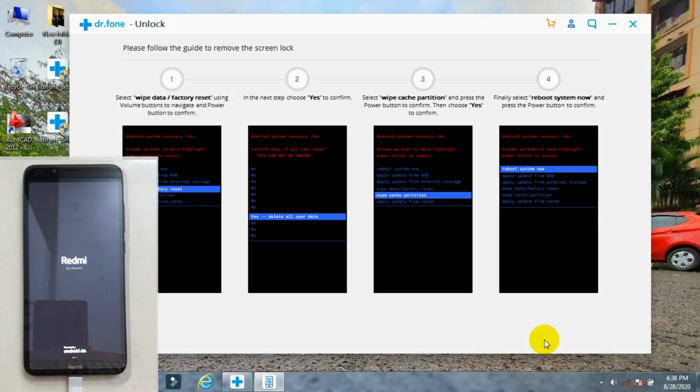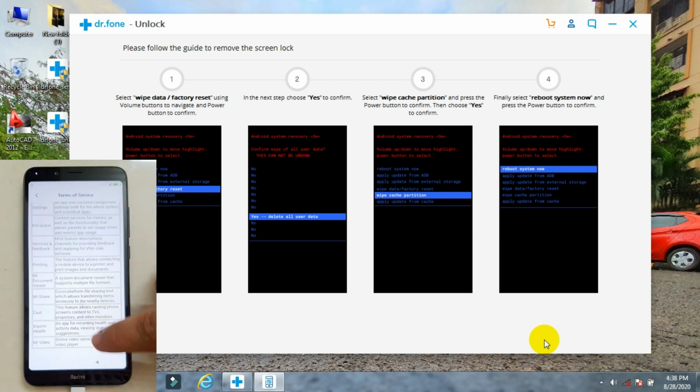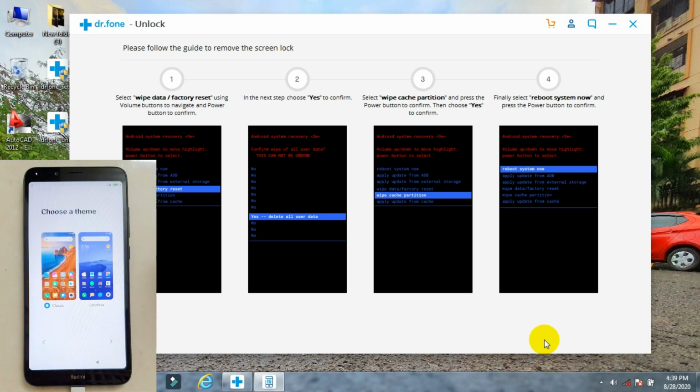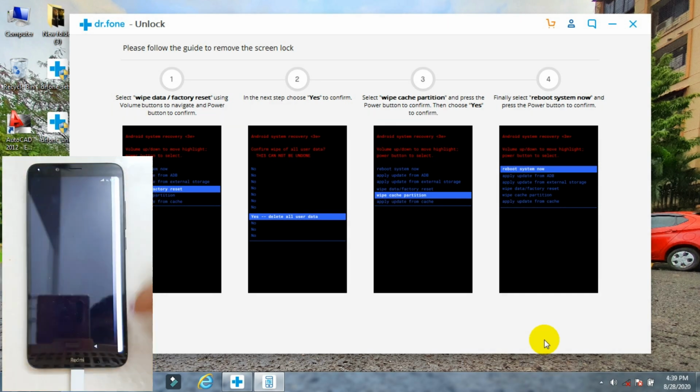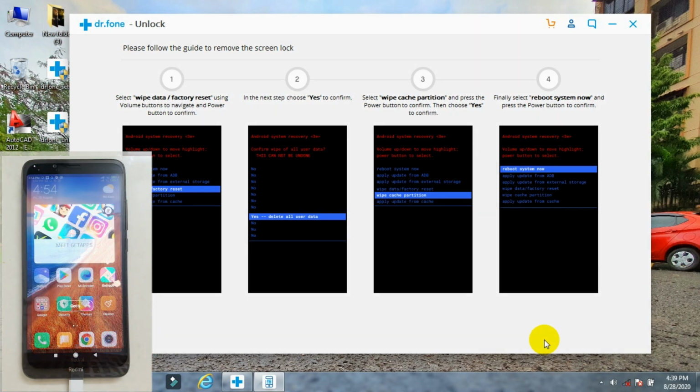And if you had backed up your device earlier on the cloud or using the Doctor Phone app, you can restore the data once the phone has been set up, so you will not lose any important data. But keep one thing in mind that some phones may have a different interface for the recovery, and although the procedure will be the same on all the phones, just the looks of the menu may vary. Don't forget to follow the on-screen instructions to avoid any mistake, as if you select any other wrong option, it may delete the partition or operating system of your phone and you will land up in big trouble.